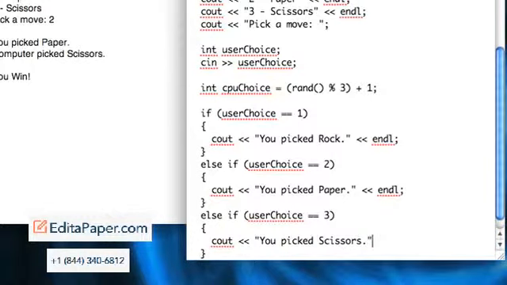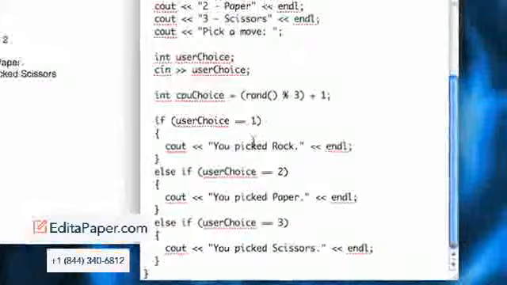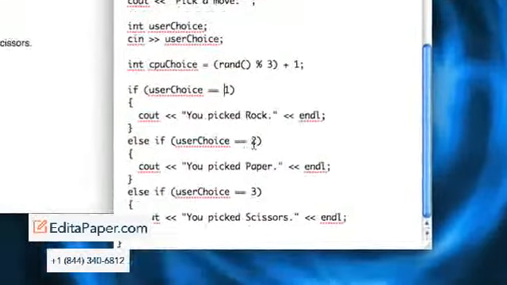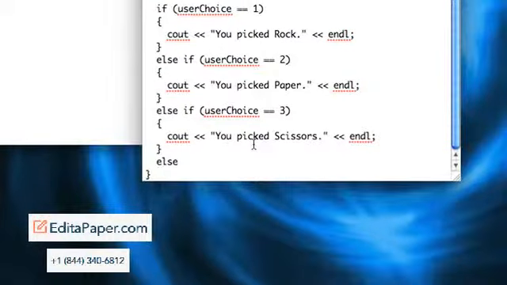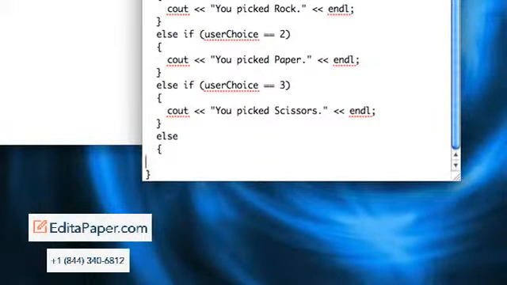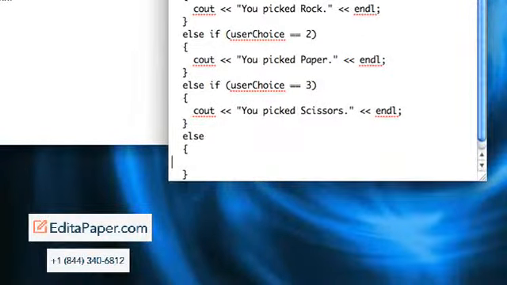And then, like I was saying when we were going over if conditionals, even though we wouldn't expect the user to enter anything other than 1, 2, or 3, they may enter like a 7 or something. So we're going to put an else block here, which basically means if the user didn't enter 1, 2, or 3. And if that happens, then we'll say